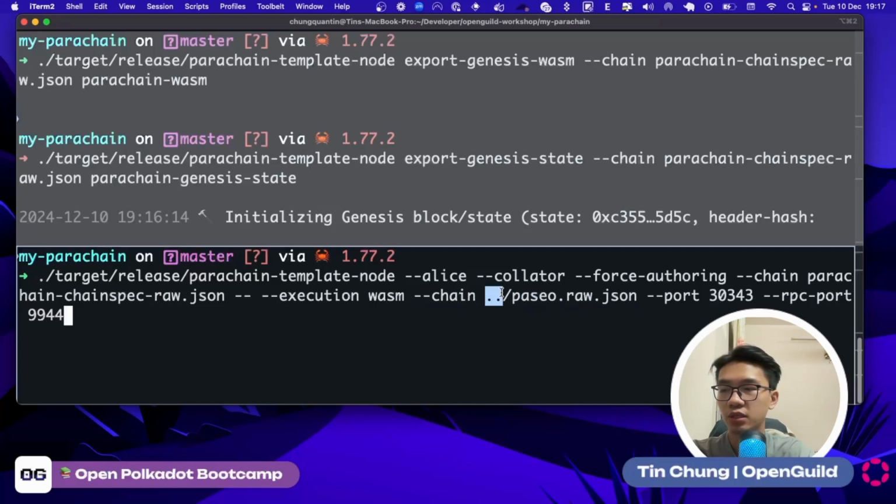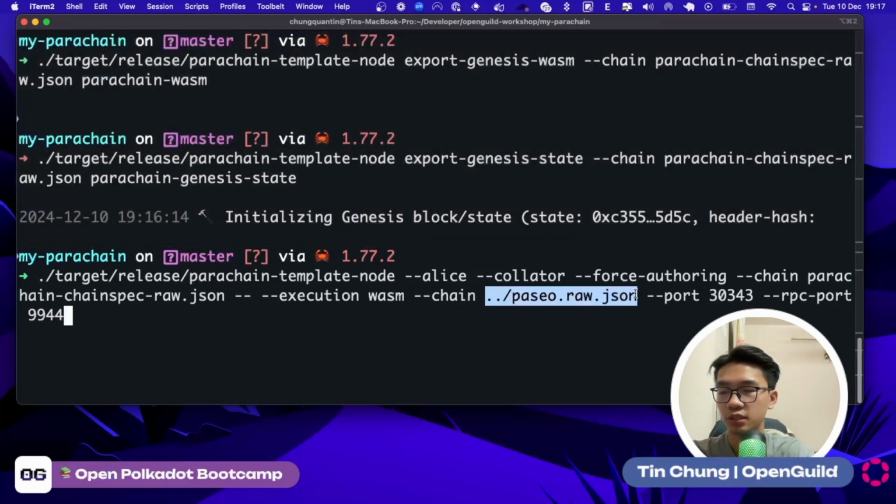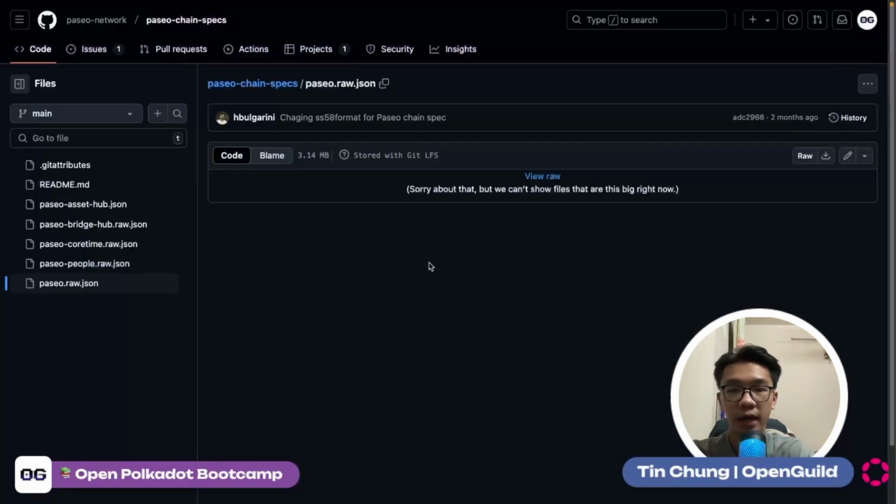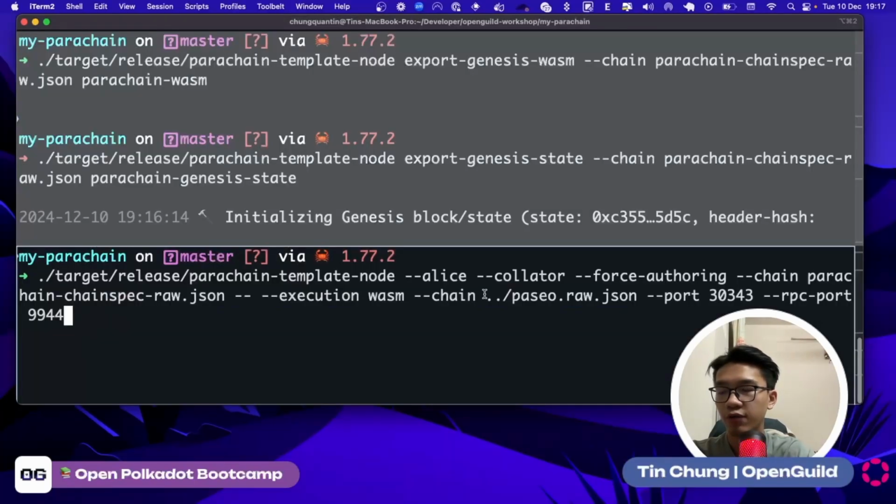I already downloaded the Paseo raw JSON, and you may wonder where you can get the chain spec of the Paseo testnet, right? So you're going to go to the Paseo network, Paseo chain spec, and right here you're going to find all the chain specs of the Paseo network. So you have the Paseo raw JSON. I already downloaded it, and then I specified here with the port